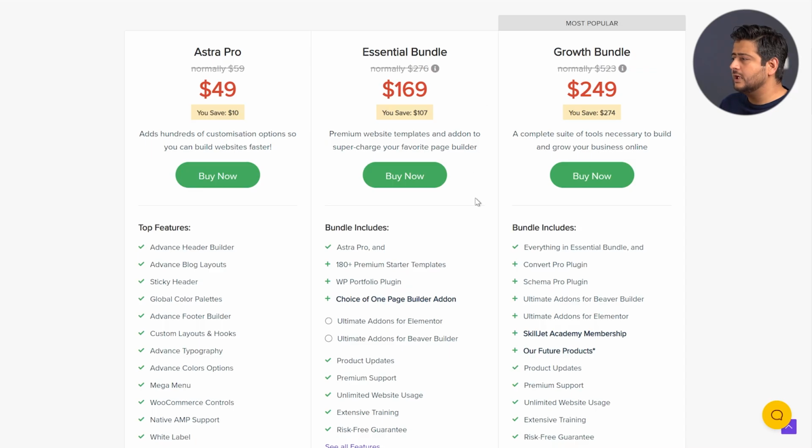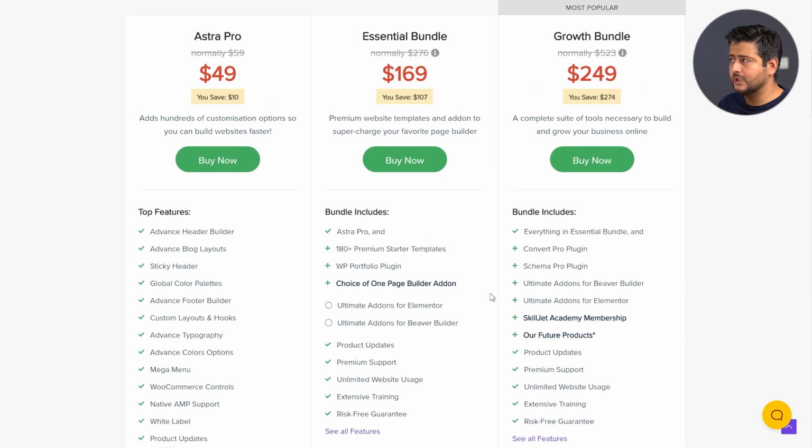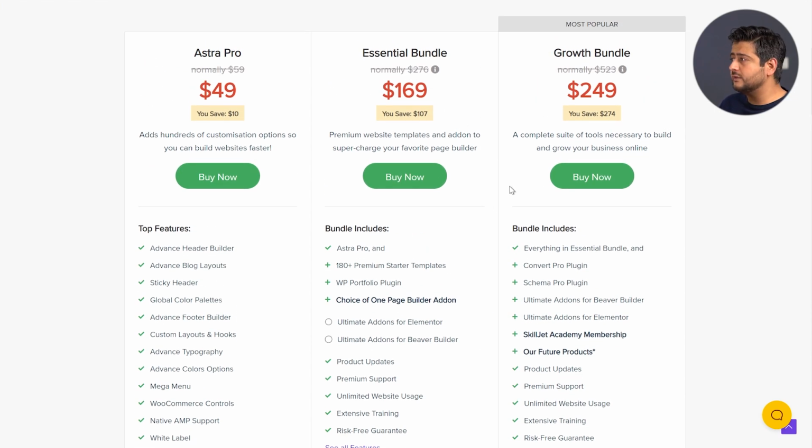Going here, you also have the WP Portfolio plugin, and you also get a choice of builder add-ons. So let's say you build pages with Elementor or Beaver Builder. You'll also get access to Ultimate Addons for Elementor or Beaver Builder. Any of these options you will get as well in this specific pricing. And of course, if you upgrade to the Growth Bundle, which is the best value in my opinion, you get